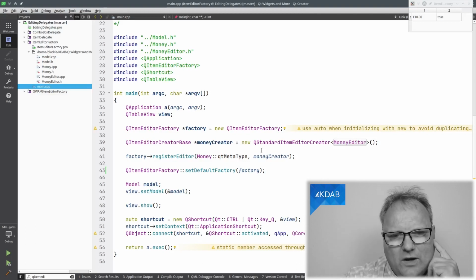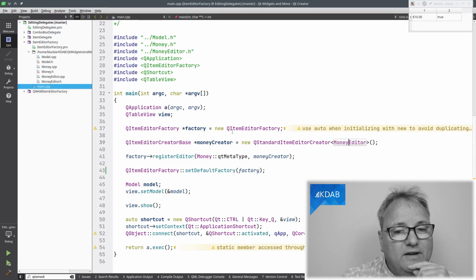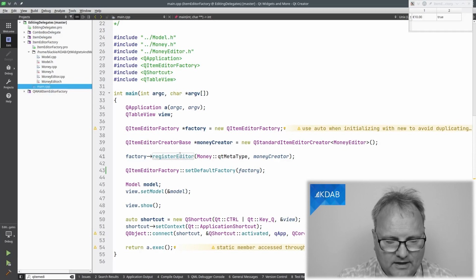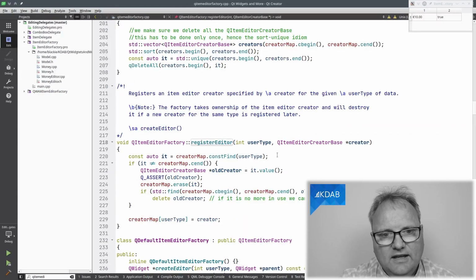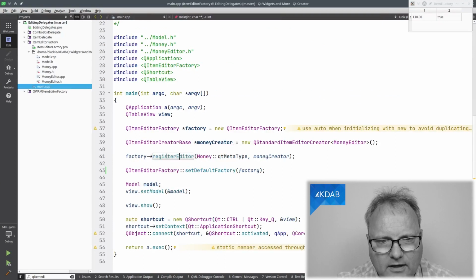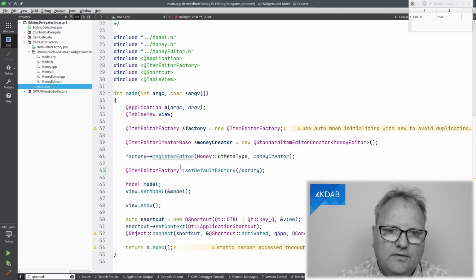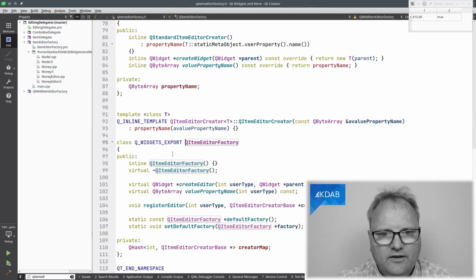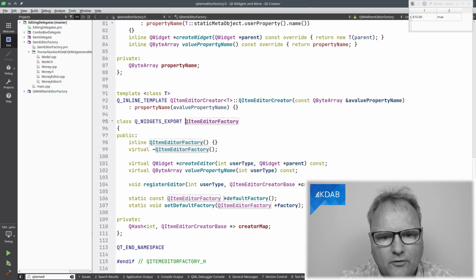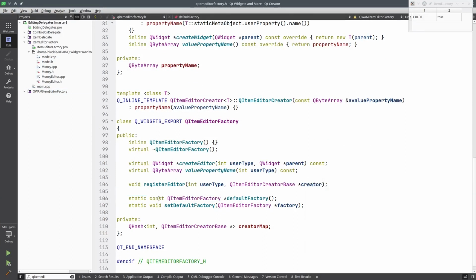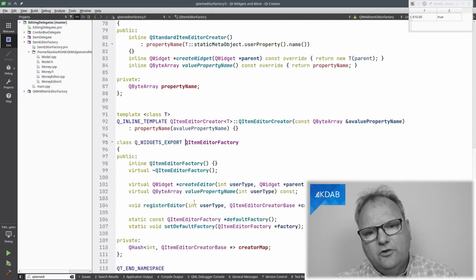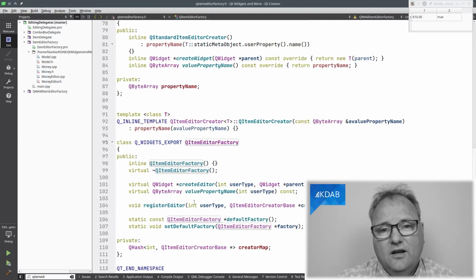However, I'm wondering, why do I need to set a new default factory? Why not just call that on my original factory? Sorry, my register editor here is, that's not the one. There is a method for getting the factory. Oh yeah, that's the thing. So if I go and look at my factory here, there is actually a way to get the default factory, but it returns a const. So I cannot actually modify that. I would have liked it to return a non-const version, and then I could just, on the default factory, register my type. I think that is an API fuck up.